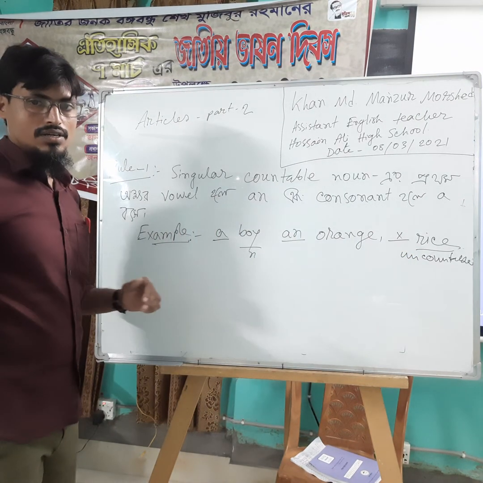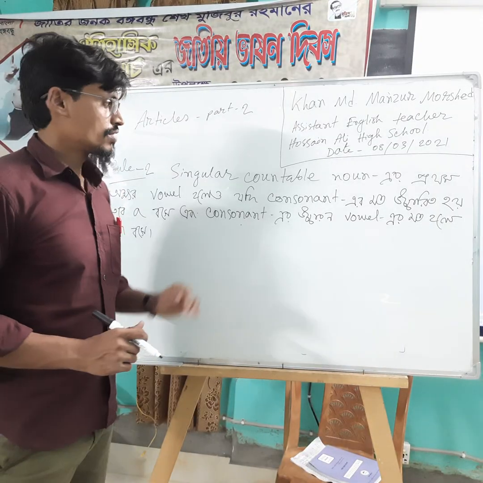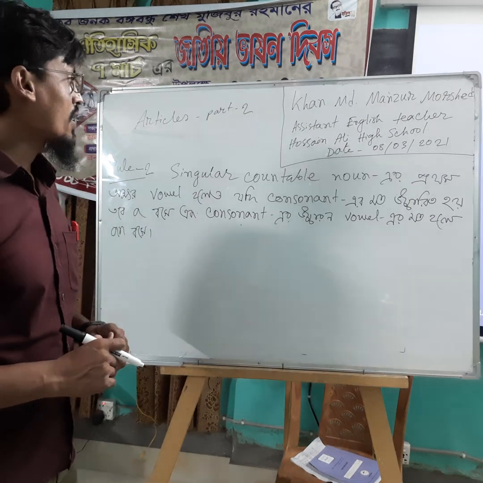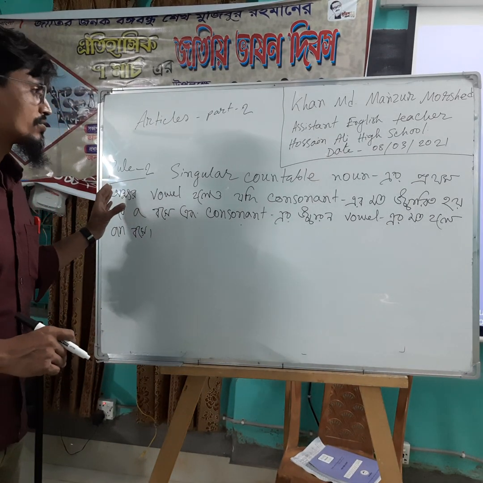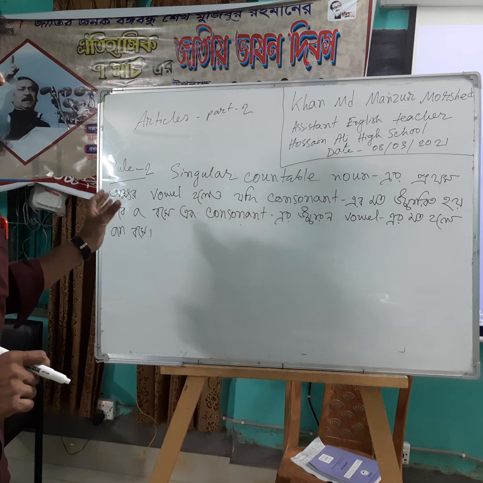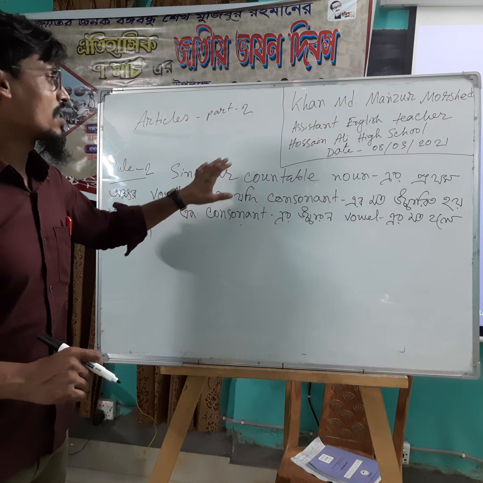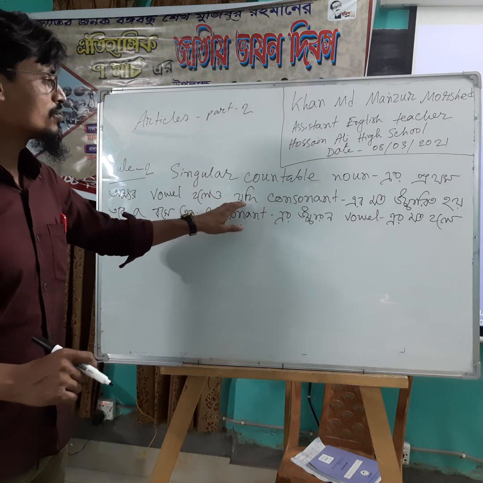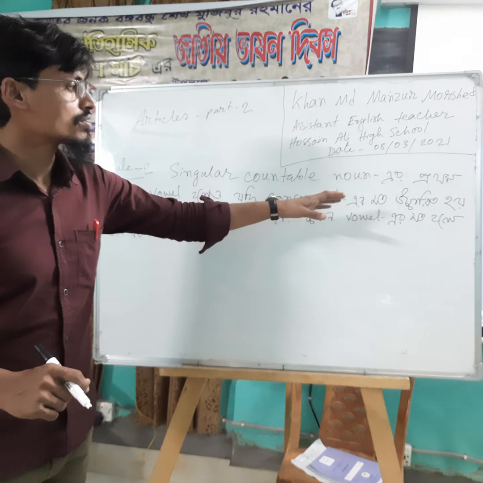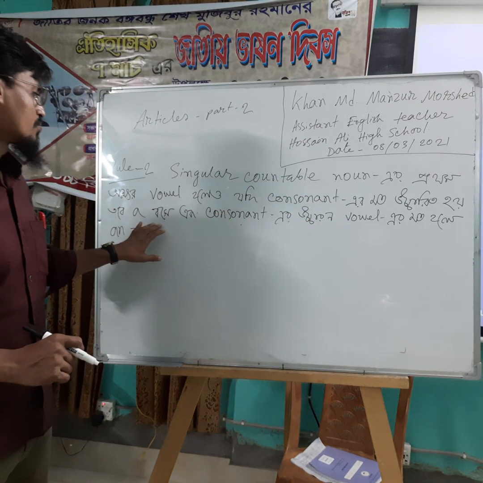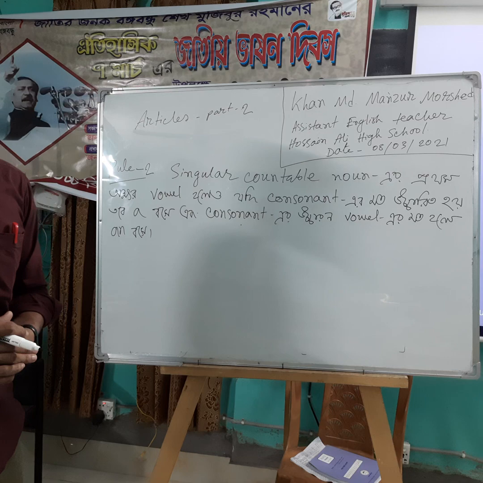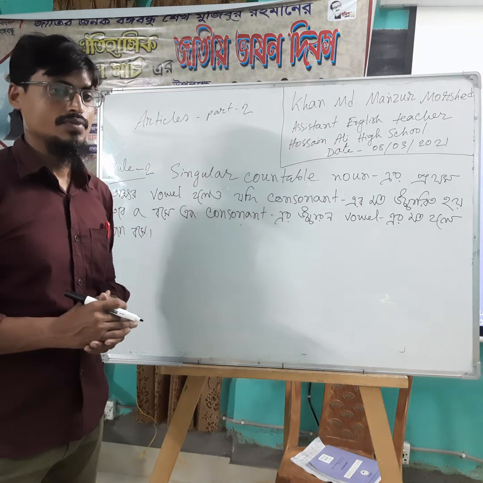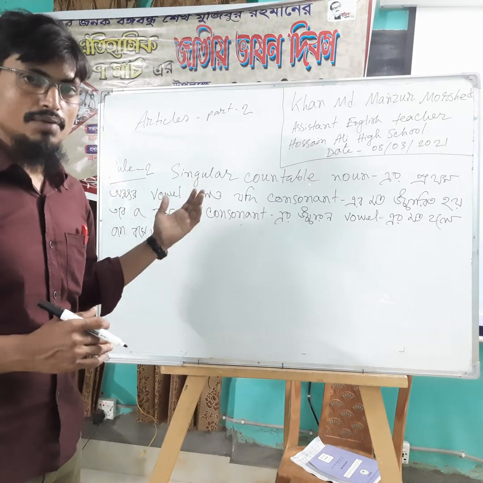So now we come to our second rule on the use of a or an. So look at the board and you also write the rule in your paper. So singular countable noun এর প্রথম অক্ষর ভাওয়েল হলেও যদি কনসোনেন্টের মতো উচ্চারিত হয় তবে এ বসবে, এবং কনসোনেন্টের উচ্চারণ যদি ভাওয়েলের মতো হয় তাহলে অ্যান বসবে। The previous rule we have discussed about